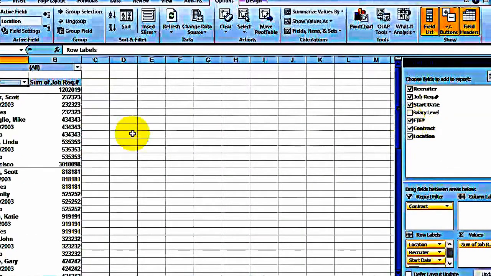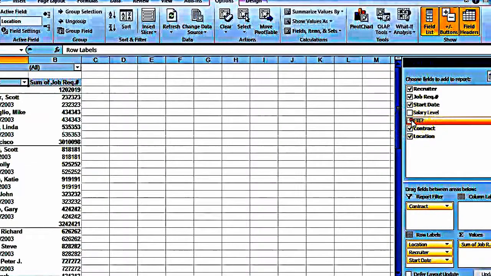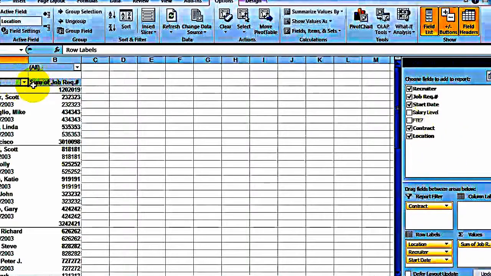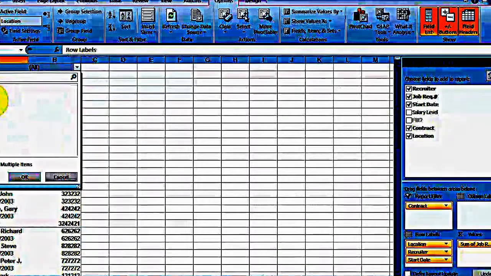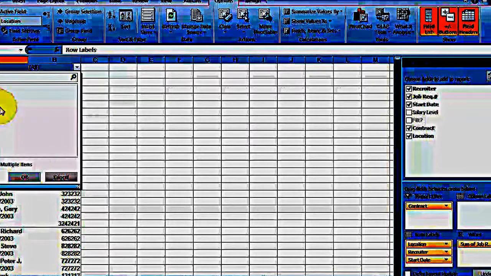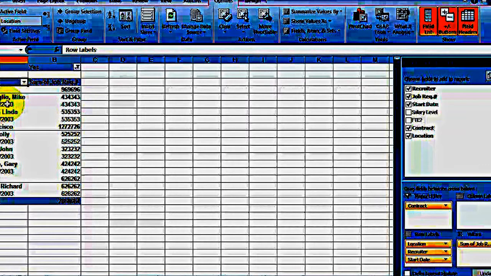Now you have also FTE, yes or no. So you could use these. Now notice up here under contracts you could have yes or no. So you have these drop downs. So you click on yes and you want to see only the yes contracts. And now you have the locations, you have the names of the persons, you have the dates, and so then